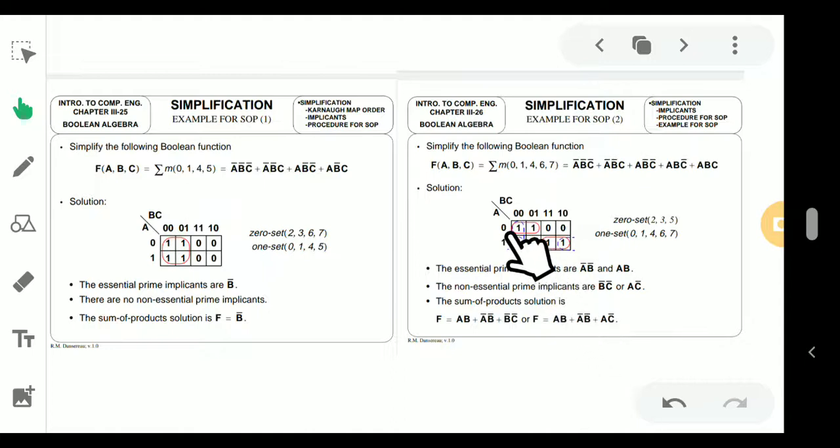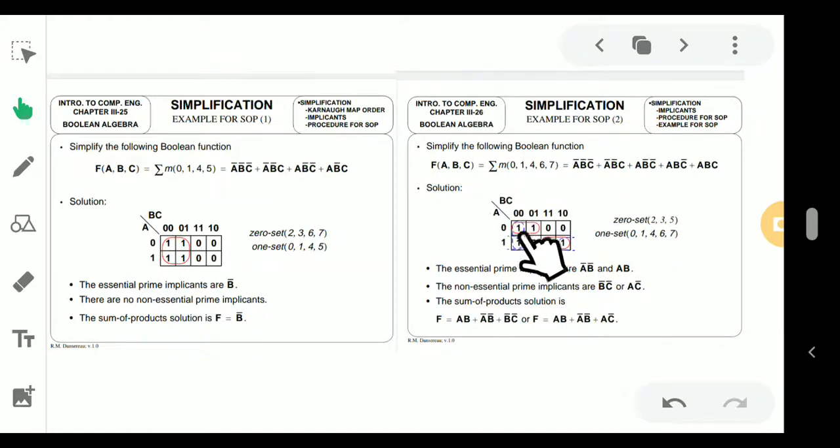Okay, now you consider this term over here. If you consider this term, see which term is not changing. The a value over here is 1, means a, so here it is not changing. But if I come over here, the b value is 1, the b value is 1, the c value is 1, the c value is not 0, so the c value is changed. Which value is not changed? The b value is not changed. So the b value is 1 means b, so then it will become ab.